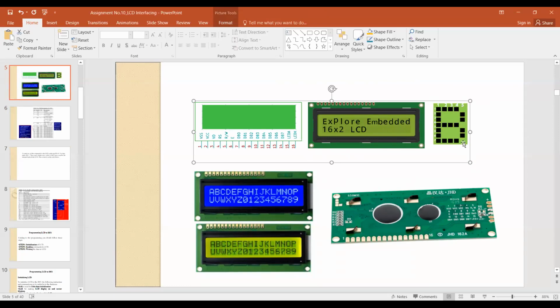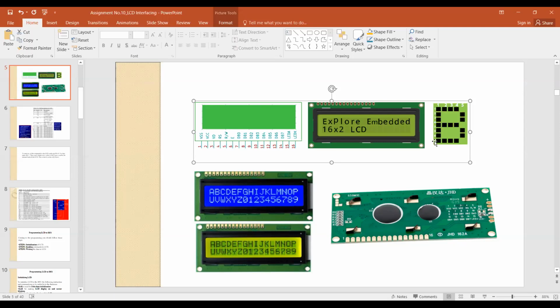For one character, it takes 5 columns and 7 rows, and that's why it is a 5 by 7 matrix. For one character, it takes 5 columns and 7 rows to display on the LCD panel. And the total characters you can display in one line is 16. And that's why it is 16 by 2, and a 5 by 7 matrix is used for one character.